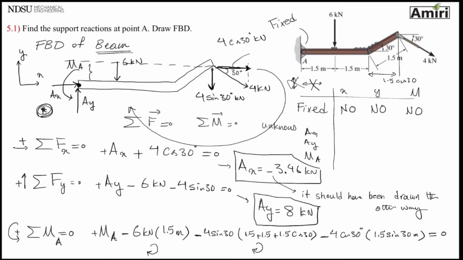The only unknown I have here is moment about point A, and that is going to be 20.2 kilonewton meters. I got a positive value, so that means whatever I put on my free body diagram was the correct direction that I put it on. Okay,